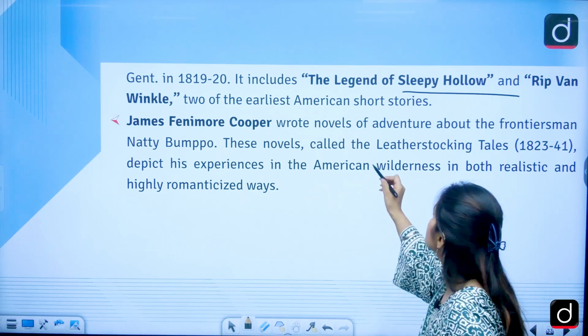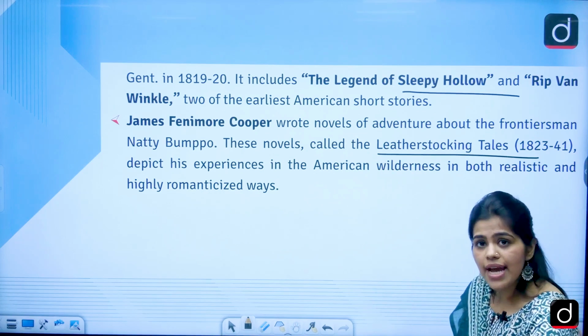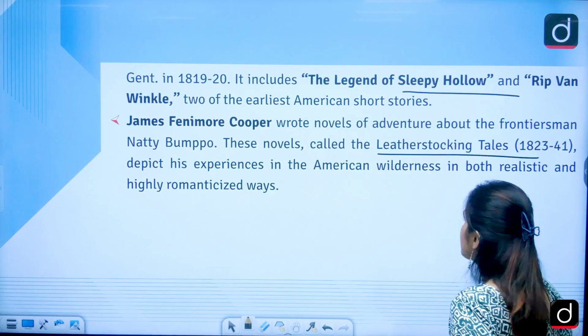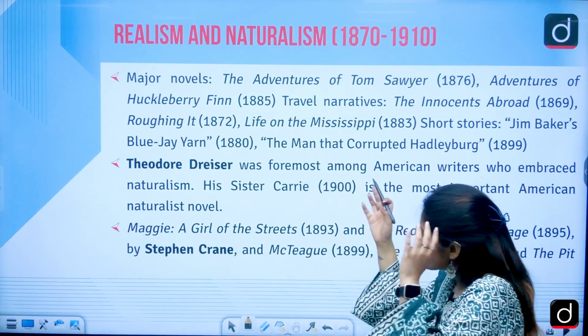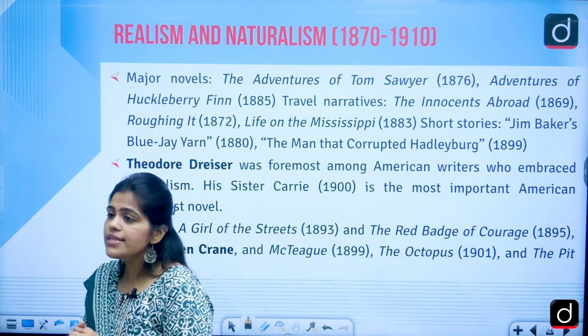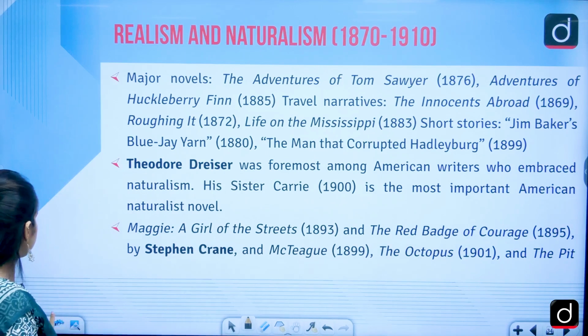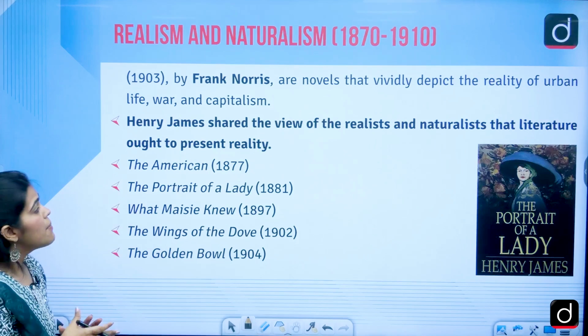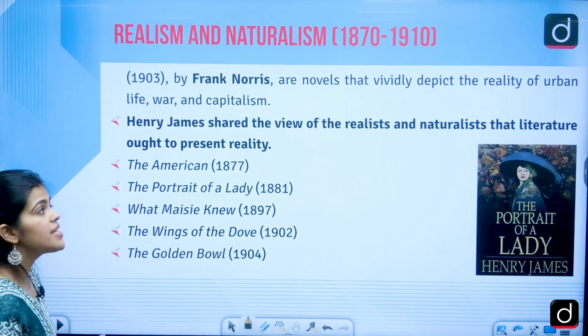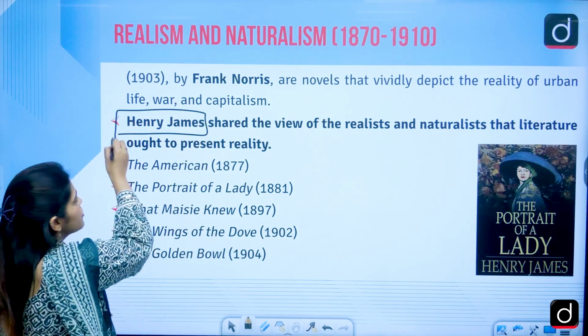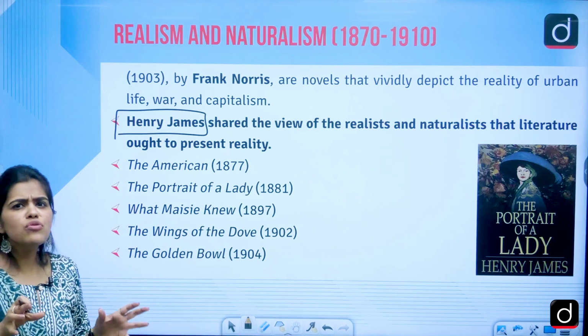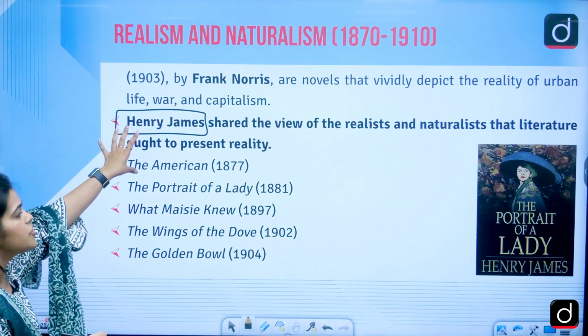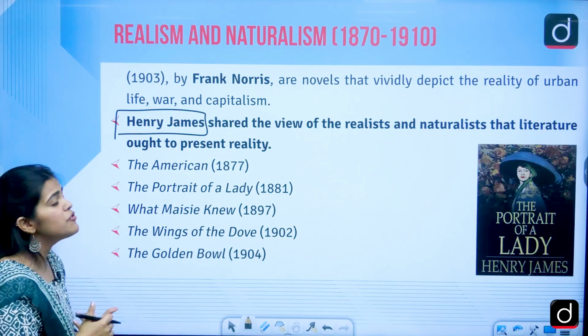He is very famous for his Leather Stocking Tales, and we'll be dealing with his texts in greater detail. We have other major novelists as well that we'll be dealing with in the class. After that, we have a very important writer in American history, Henry James. I'll give you 1 or 2 classes associated with Henry James only, because he has written a few very important